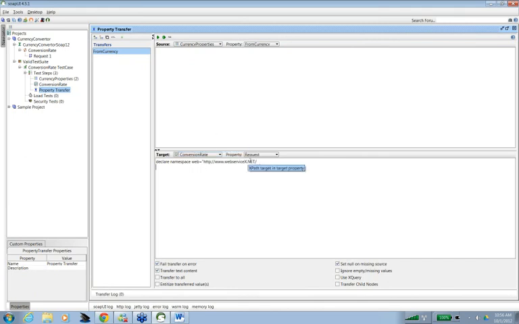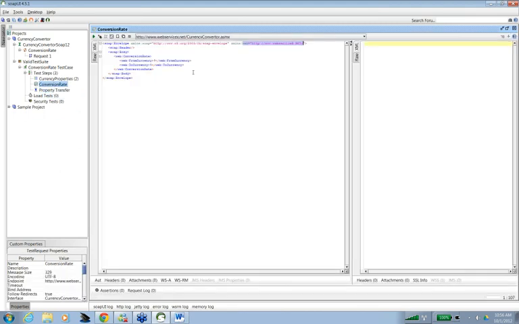Now after you declare the namespace, you have to give the XPath. So if you see the request, the XPath for from currency would be, let me just copy this thing and let me write the XPath.